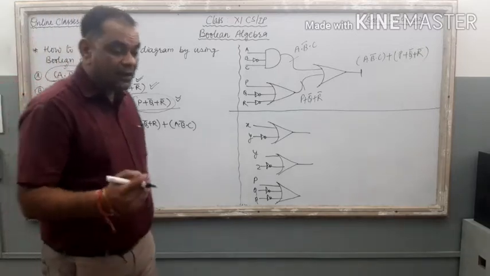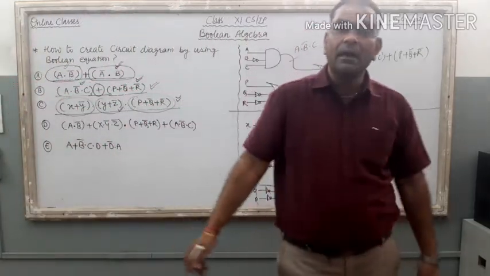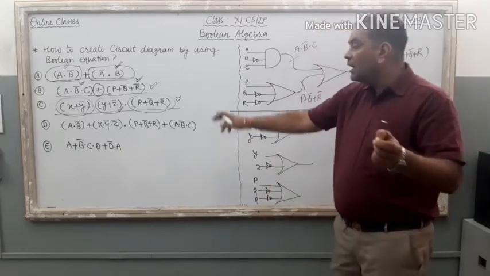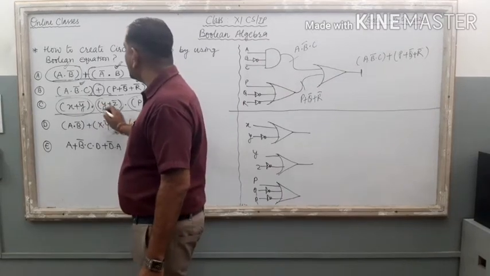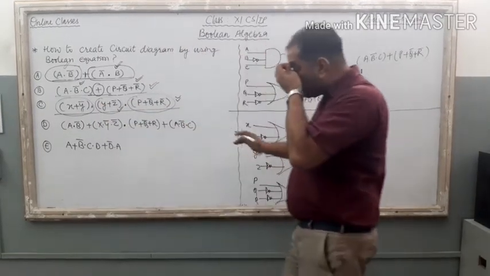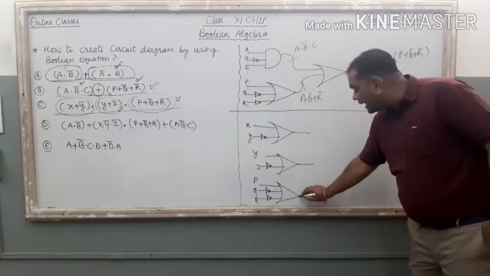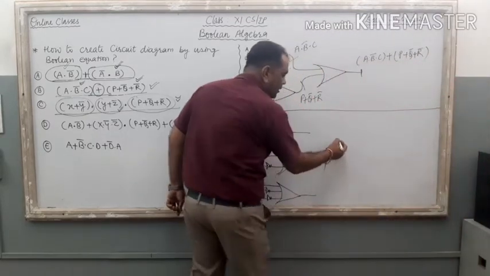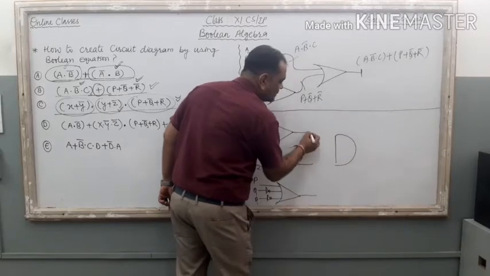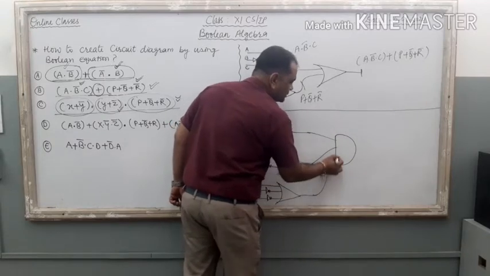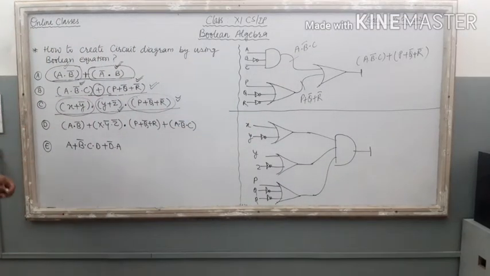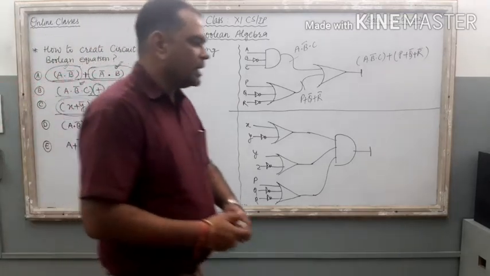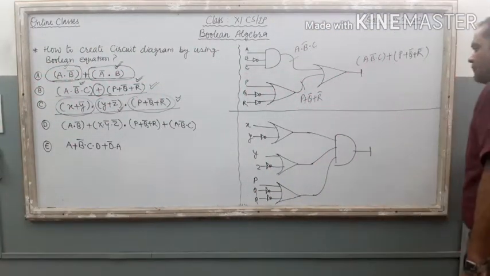Now the last work is we have to combine these three different parts with the help of the gate that is there in the equation. Which gate is it? It is dot. Dot means AND gate, meaning we have to combine all these three gates with the AND gate. So at the second part of your paper, just draw the AND gate, supply all these lines towards the AND gate, and here is your result. It is the diagram of this particular equation. Right? I hope somehow the topic is there in your mind.